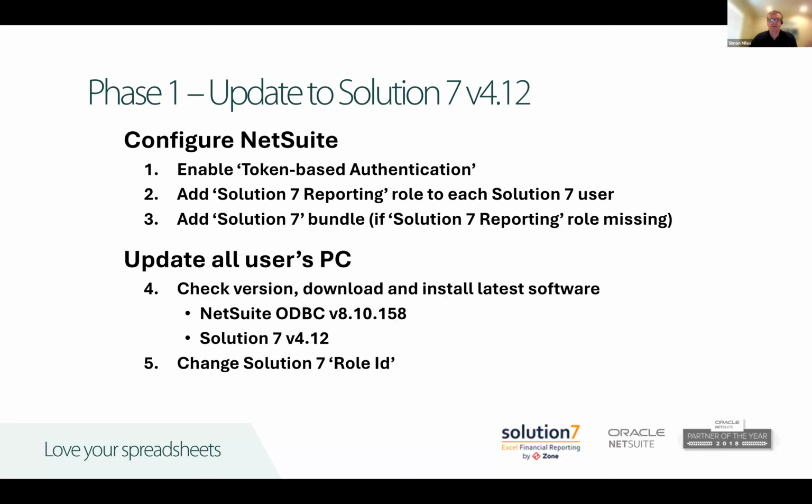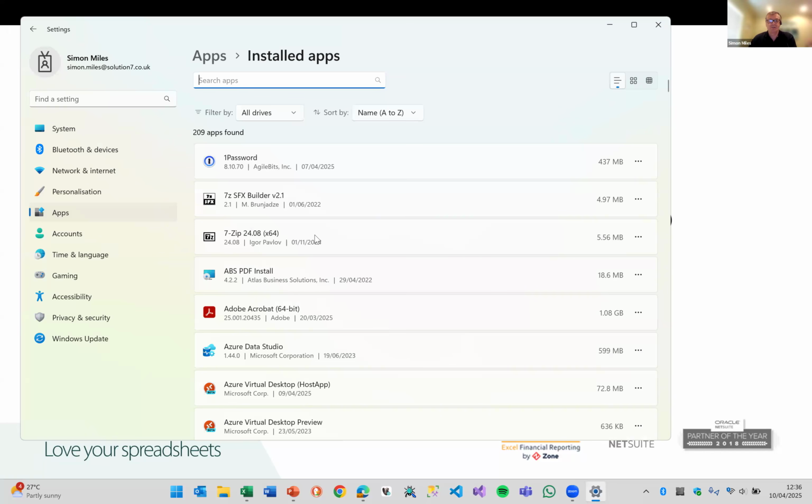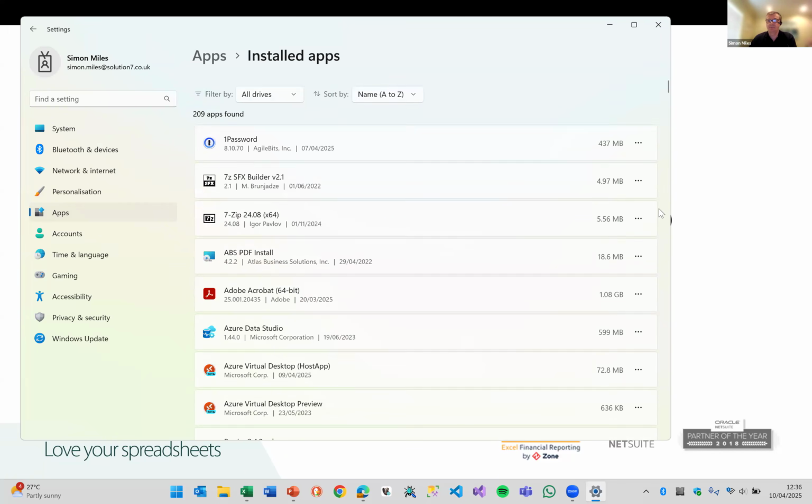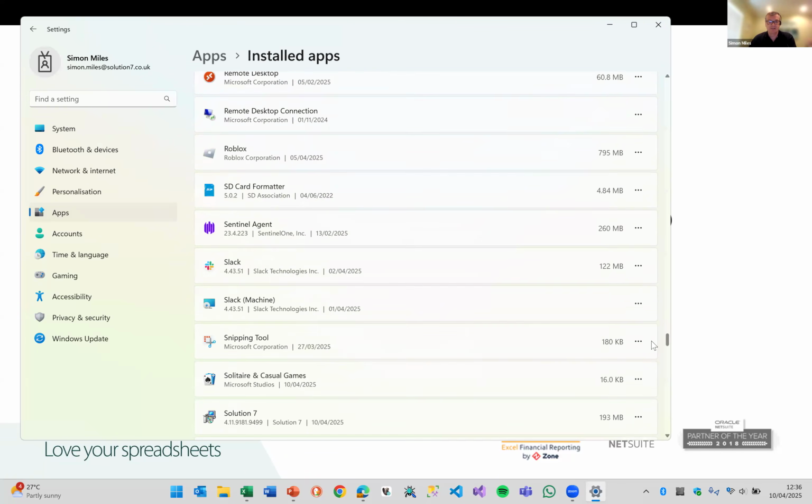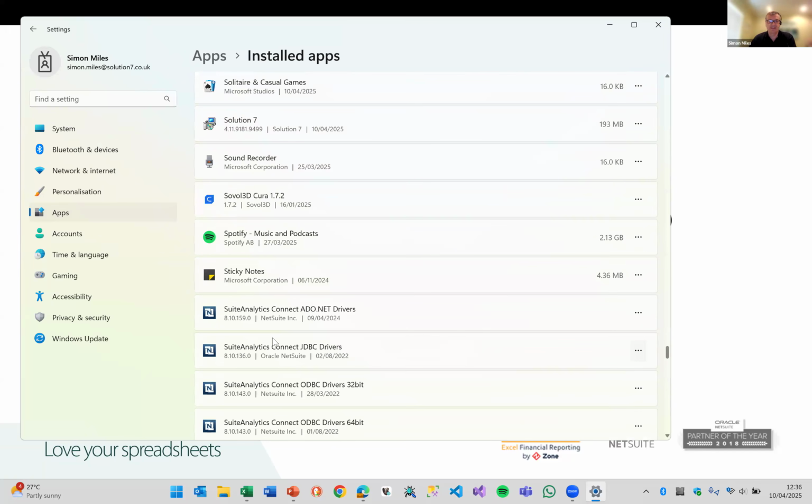So the first thing we need to do, going back to my notes here, is we need to upgrade to version 8.10.158. Now, this is the correct version as of today. So this is the correct version as of the 10th of April, 2025. As you can see here, oh, it keeps jumping to the top. Let me go back down again. As you can see here, I'm running build